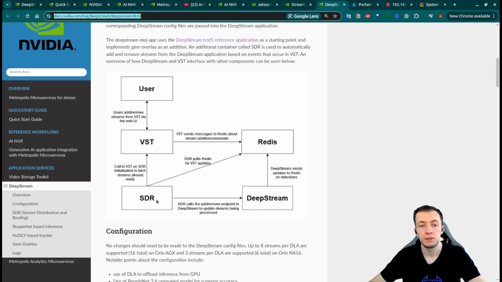And if it discovers that there are some streams that should be treated with the DeepStream pipeline, it will call an HTTP request to add the RTSP stream into the DeepStream pipeline for processing. It will use the multi-URI source bin that we discovered in the previous video. And when this DeepStream pipeline processes